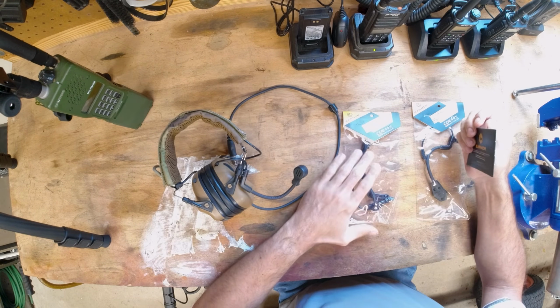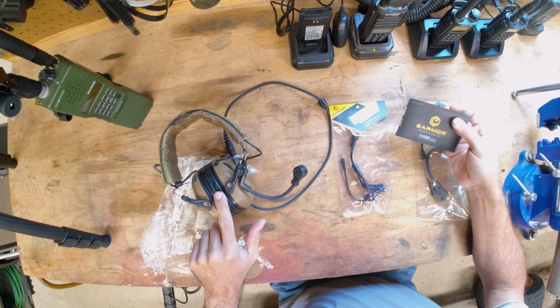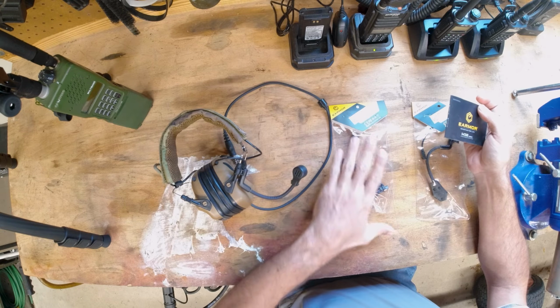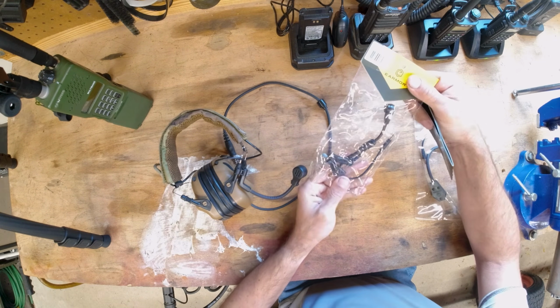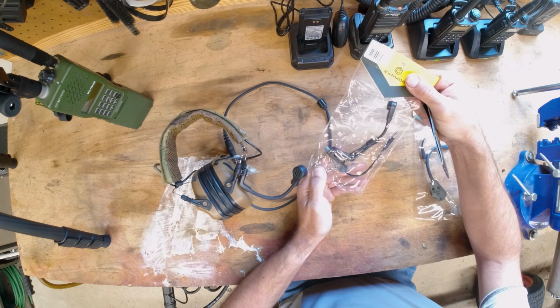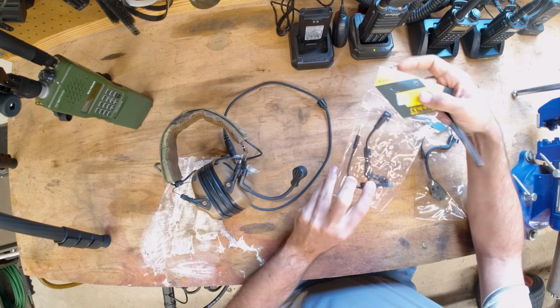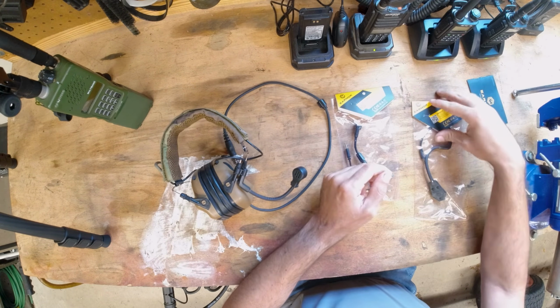All right, what I got going on today is I have an Earmor M32 MOD3 headset, and I'm going to change out to the newer style MOD4 microphone. And the reason you might want to do this is because if you watched my review on the MOD3,